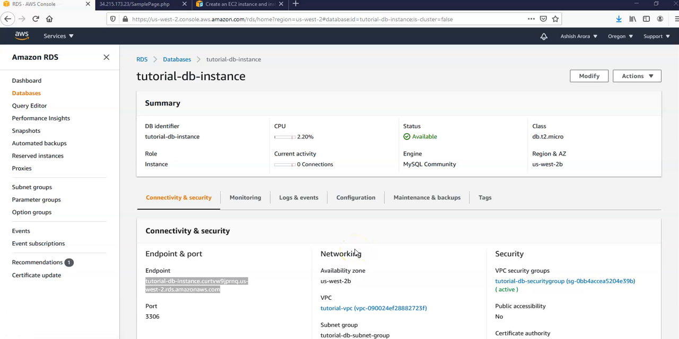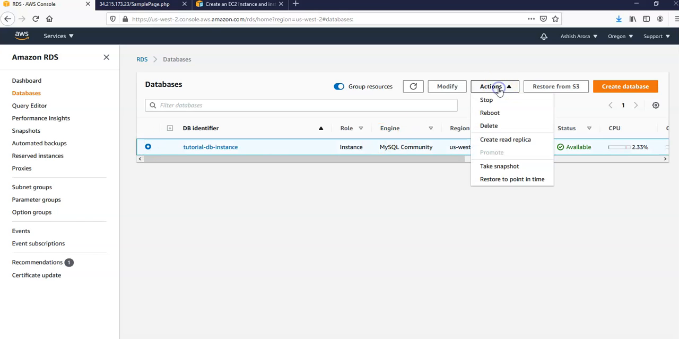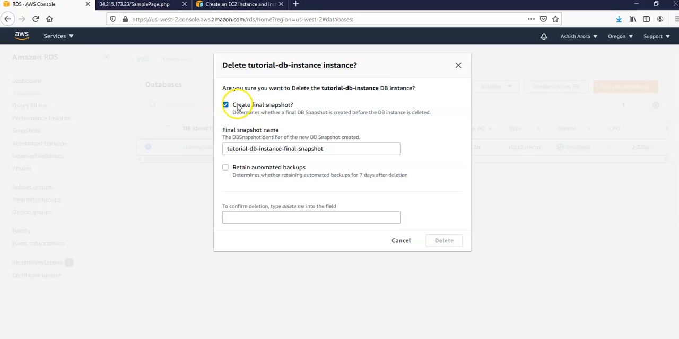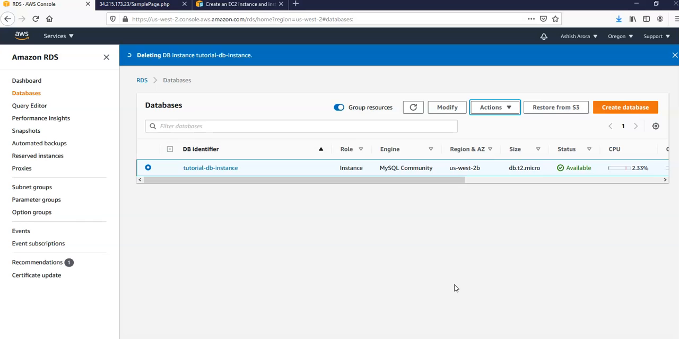Okay, to delete the instance, you must provide the name of the instance, enable or disable the option to take the final DB snapshot, and enable or disable the option to retain the automated backups. So this is my database. You select it, actions, you click on delete. It says create final snapshot. I don't want to. Retain automated backups. I don't want to. I acknowledge that upon instance deletion, backups, system snapshots, and point in time recovery will no longer be available. I choose to delete. Delete. It is deleting the DB instance, this one,